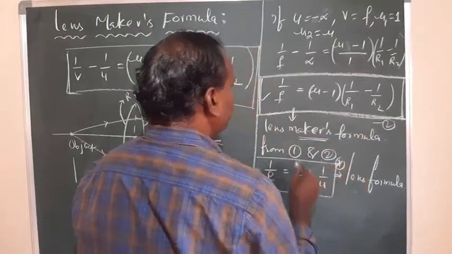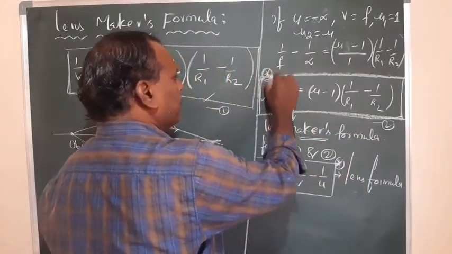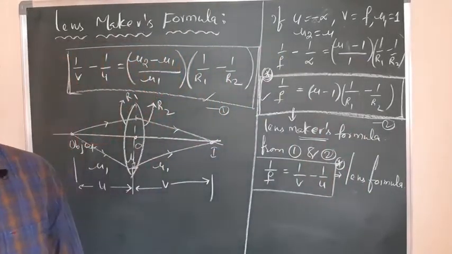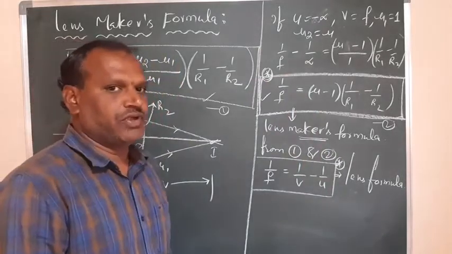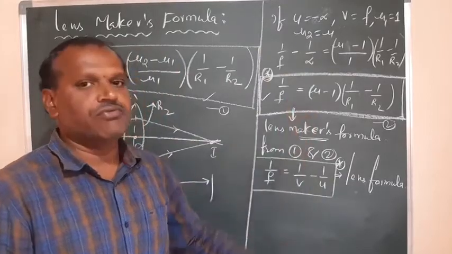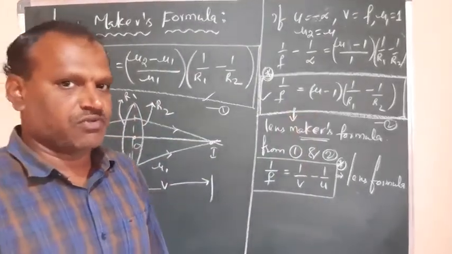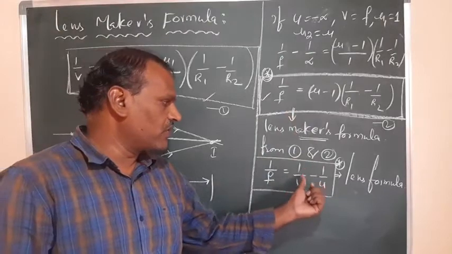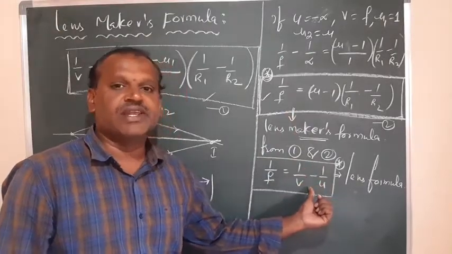What we discussed today is very, very important for the calculation part, as well as in your 11th and 12th, where we have light and refraction. These two equations are important for lenses: the Lensmaker formula and the Lens formula. So 1 by f is equal to 1 by v minus 1 by u is called the Lens formula.